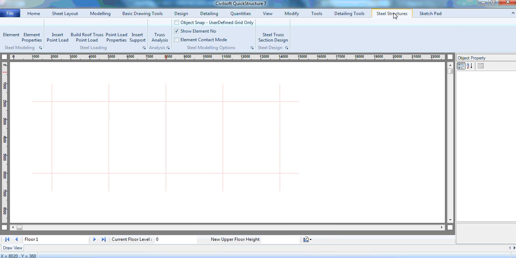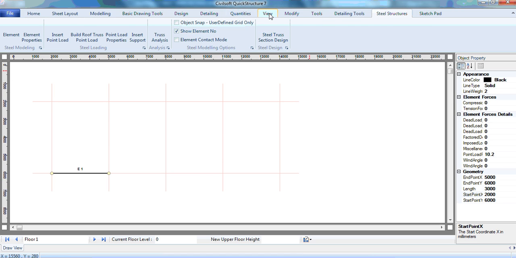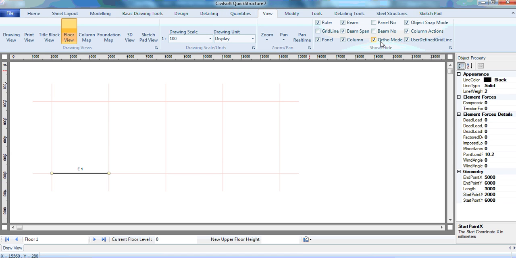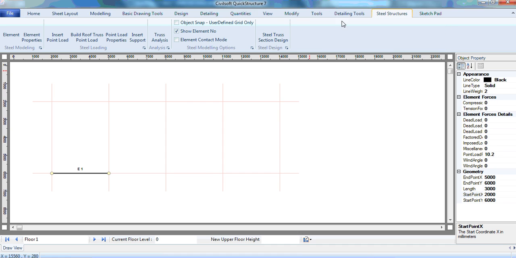Just go to Steel Structures, click on my element. All I need to do, because it is the horizontal member, is make sure the orthogonal is on and the object snap is on. Then it will always snap. This is my first element, the second one,